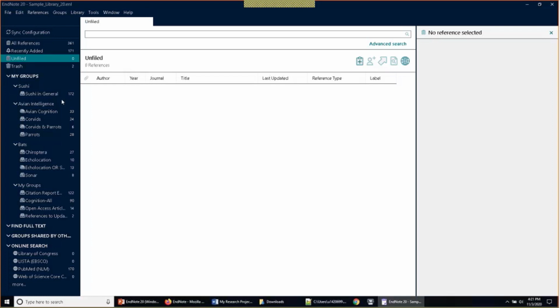So that's online search. It's really nice to be able to search a remote database through EndNote, but again, the database has to support that Z39.50 protocol, and the search itself is very literal. For instance, I just wanted to give an example. If I queried PubMed through EndNote for the phrase heart attack, I get just about 10,000